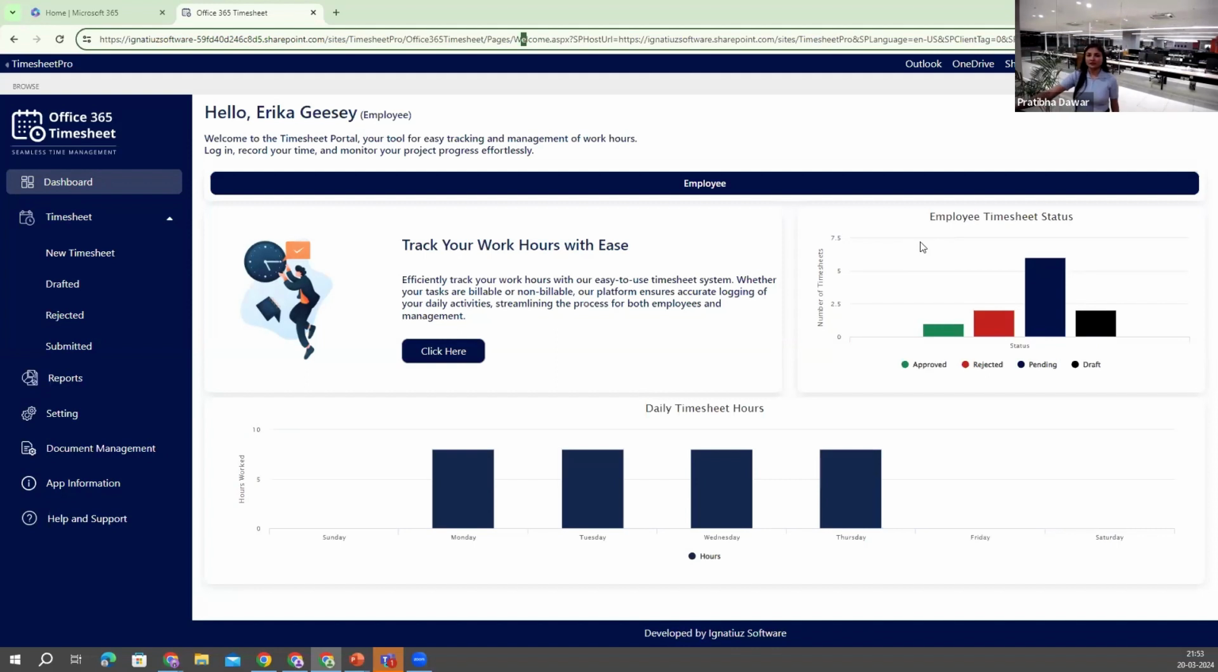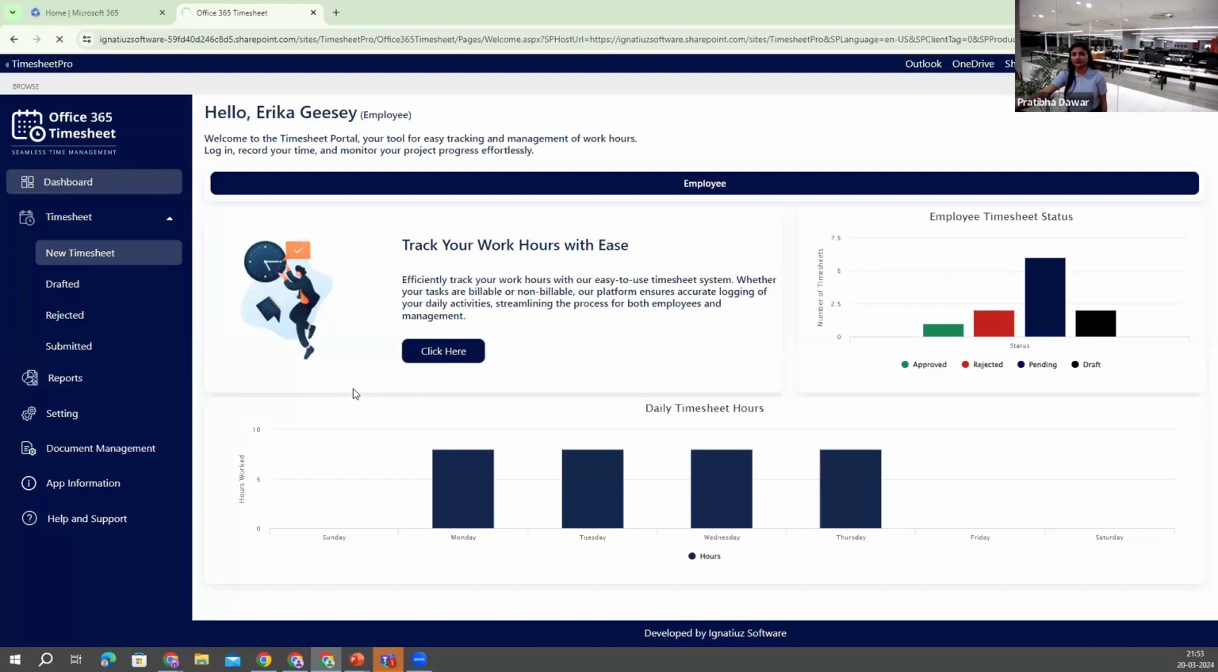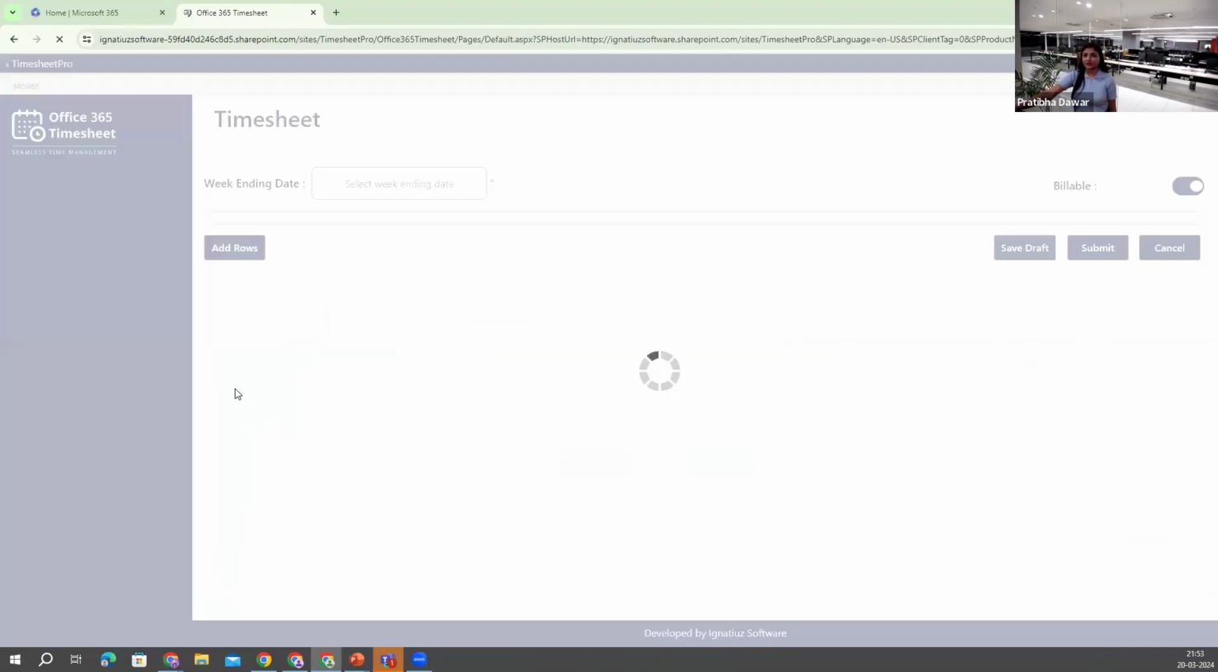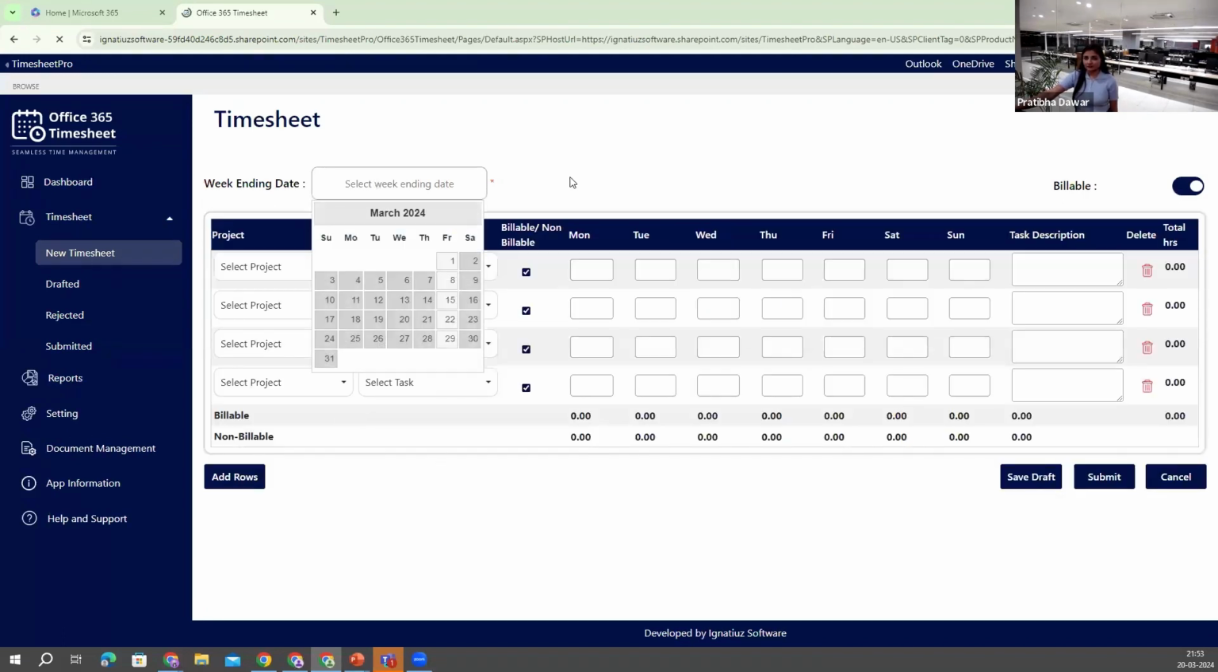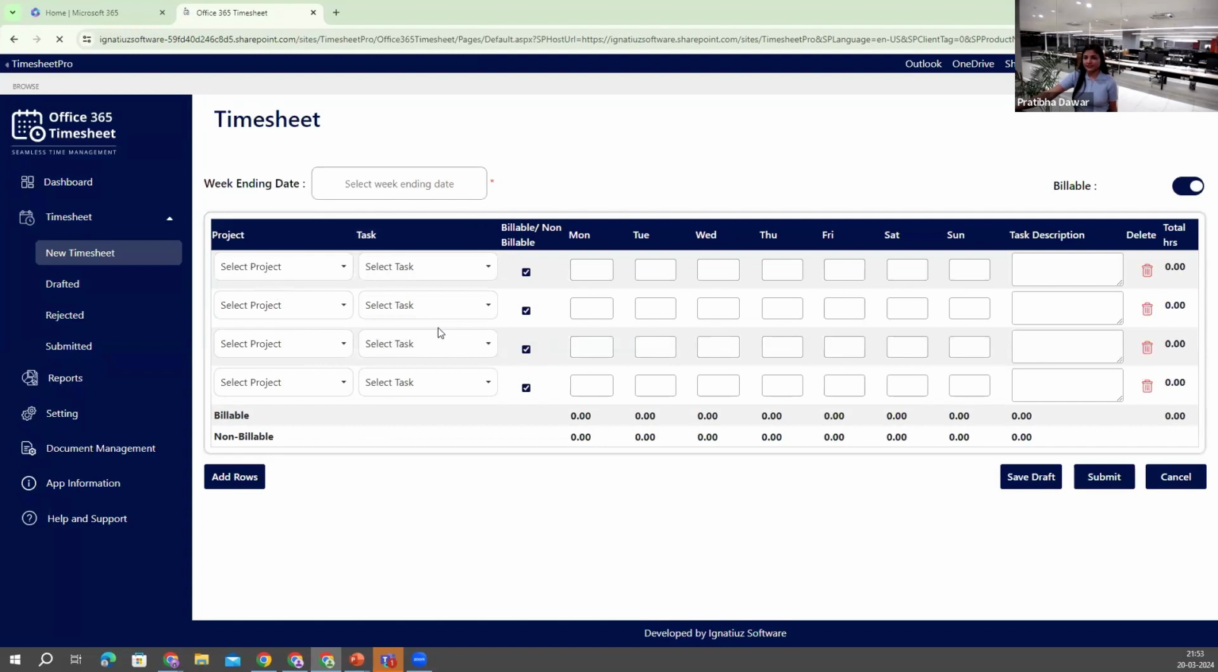Now, how can the employee create a timesheet? To create a timesheet, there is a navigation called New Timesheet. Once we click on it, it opens a page where the employee can select the week ending day, select the project and task, and fill in the hours against the project and task. Once they fill in all these records and complete the timesheet,